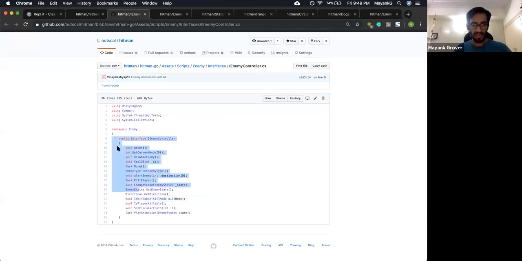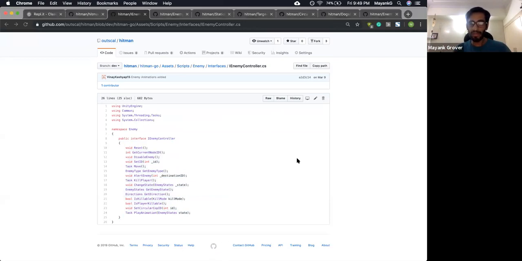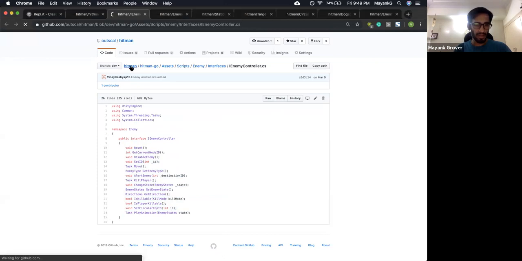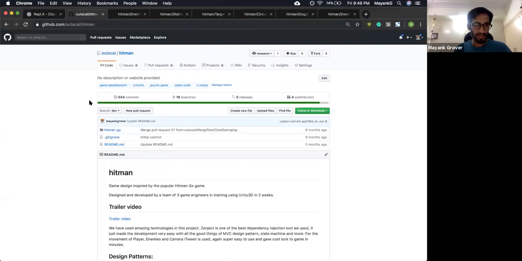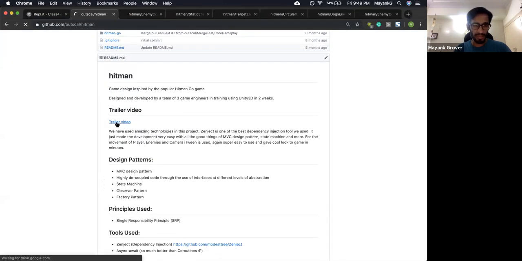Cool. So we got slightly off topic today, especially with the interfaces stuff. In case it's not clear, anything like that, feel free to ping on Discord as well. This is just to give you an overview of what these core concepts are, and give you even an example of how we use these in a real project. I can quickly show you guys the video of this game as well, so you can get a sense of